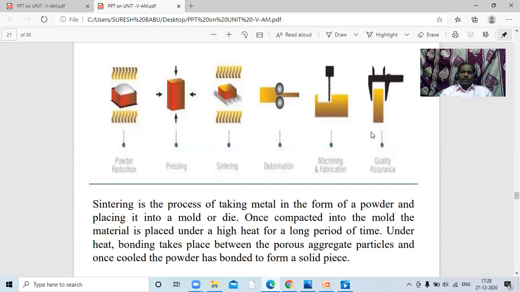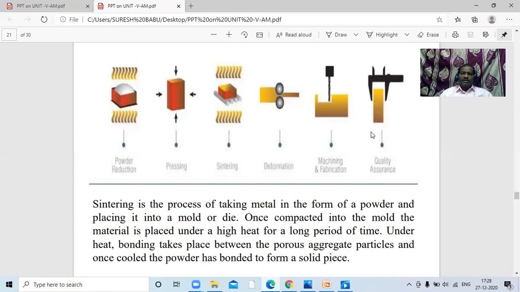So first one is powder preparation. Powder preparation can be done by a number of grinding tools, or we can go for a manual grinding process, or we can go for a machining process. Next, once sufficient powder is obtained, it should be mixed with the number of materials that are needed to prepare a product. For mixing, we can go for the manual process. Then it is pressed under one die. After that, it is sintered. Sintering is keeping the die under that mold.